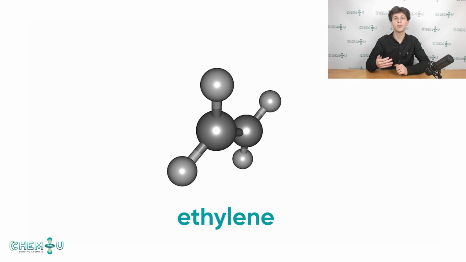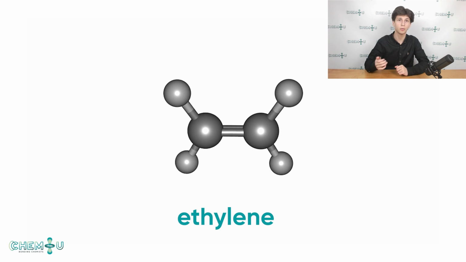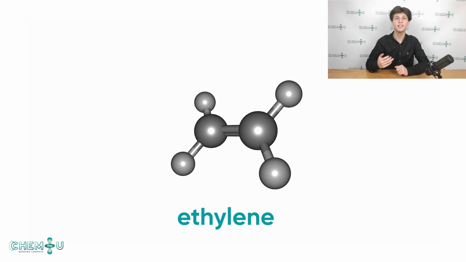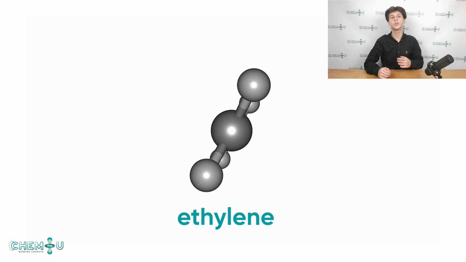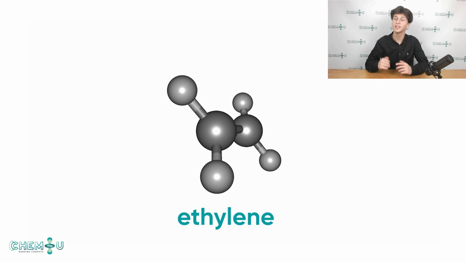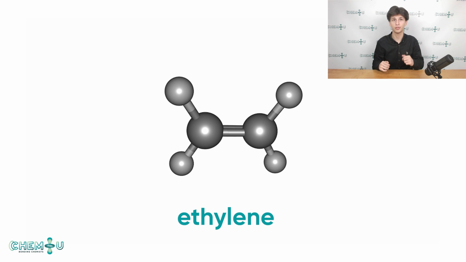As you might remember from our previous lecture, ethylene corresponds to the class of hydrocarbons called alkenes, and here you can see its 3D structure. In the subsequent videos we will explain why it's planar, so stay tuned. It consists entirely of carbons and hydrogens, and no heteroatoms are present.